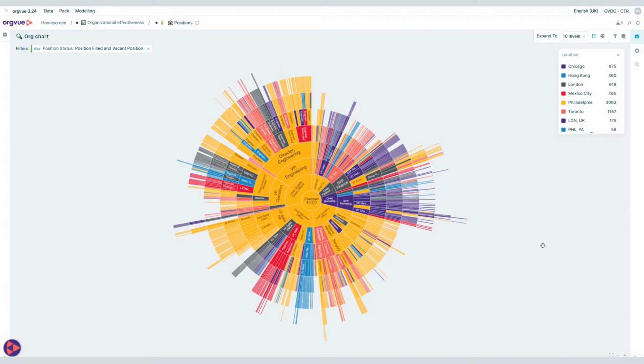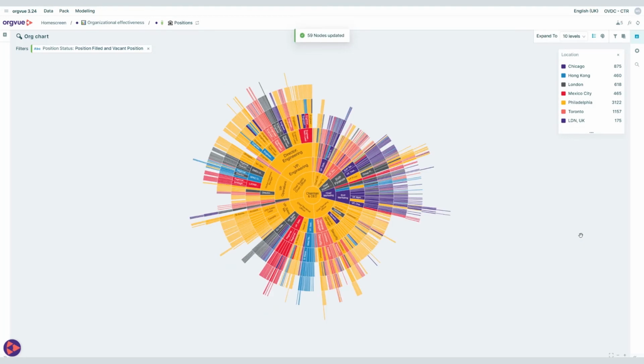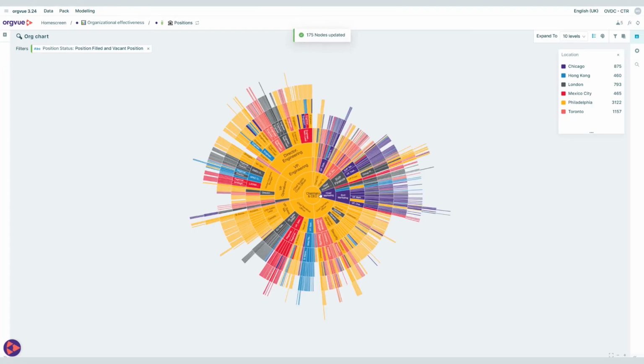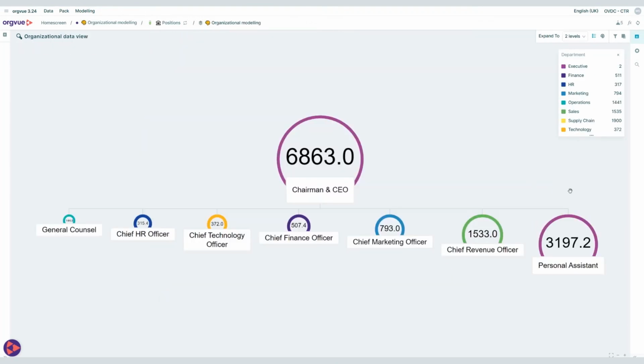In some cases, because the data is brought in from different sources, it won't necessarily be aligned. OrgView will allow you to perform actions such as merging data types with different labels, like gender and job title, and removing inconsistencies to create one version of the truth. In this case, Philadelphia is present twice in the legend, but named differently. A simple drag and drop within the legend will fix it. Let's do the same thing for London, and the chart will update automatically to give you a better picture of your employees' different locations.